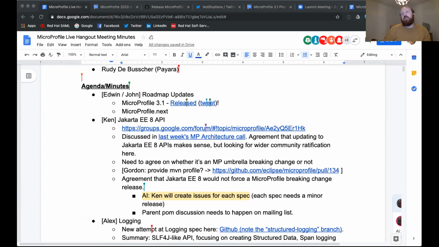So I guess my vote would be yes, have a parent POM, maybe without thinking about it more deeply, a parent POM that does define at least the Jakarta version, and that coordinates the sub-specs, at least minimally that. Then that acts as a point at which to coordinate major and minor releases of the MicroProfile spec. I don't know quite how that plays with the BOM file for MicroProfile that apps could pull in.